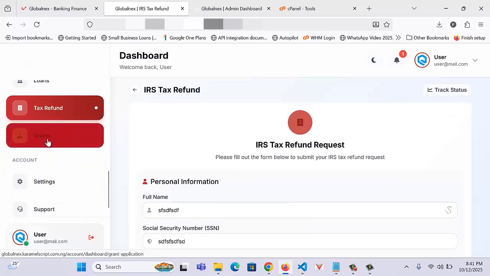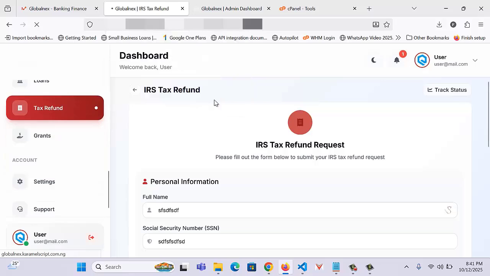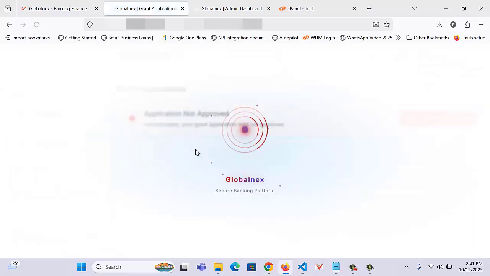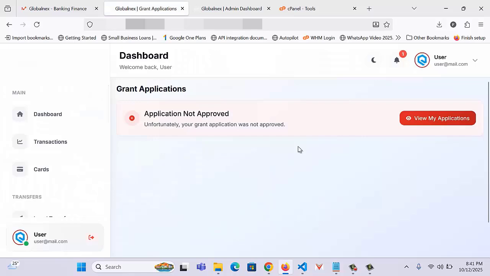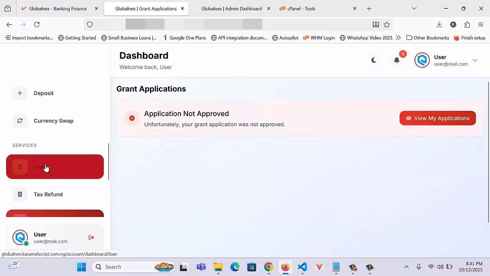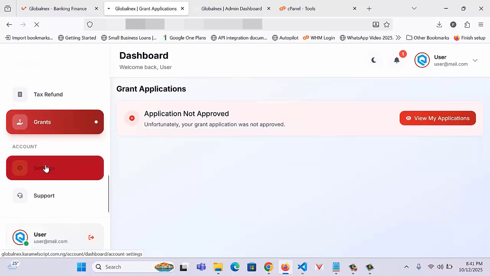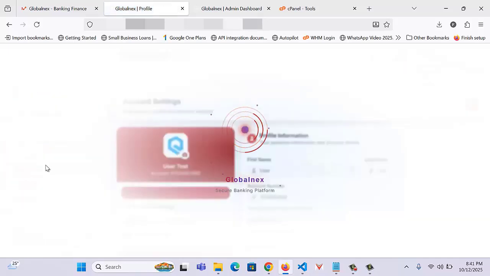Then we also have grants right here. Grants are almost the same thing as loans, but with grants, you don't actually pay it back. See, application not available, permission was not approved. I've already done one before, so that's why it changed like this. Alright, so we have settings right here, where users can actually